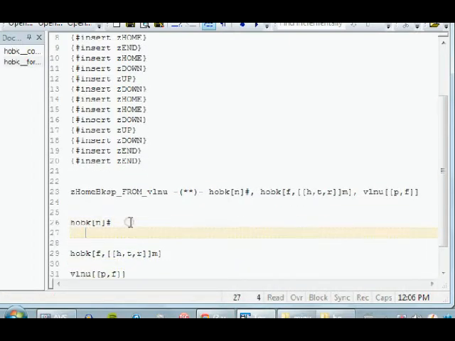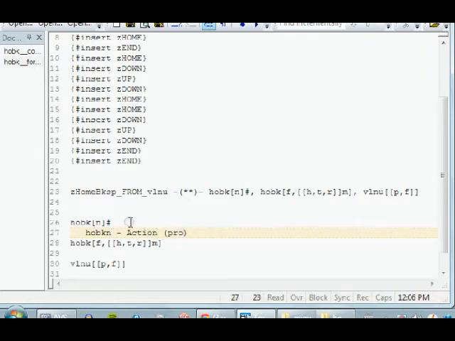Okay, so this one first is HOVK N, which is the action, which is what we just did. Prompt for number, then go. Okay, now there's also phrase creators, which we'll talk about,